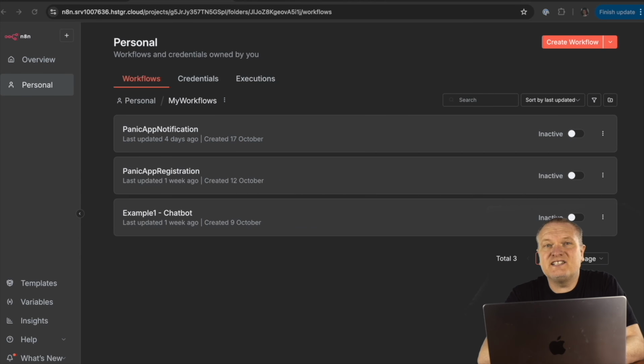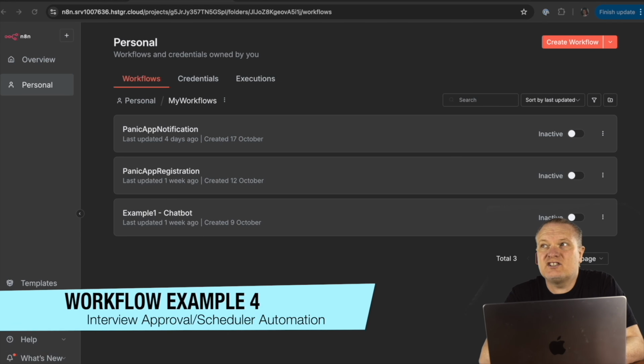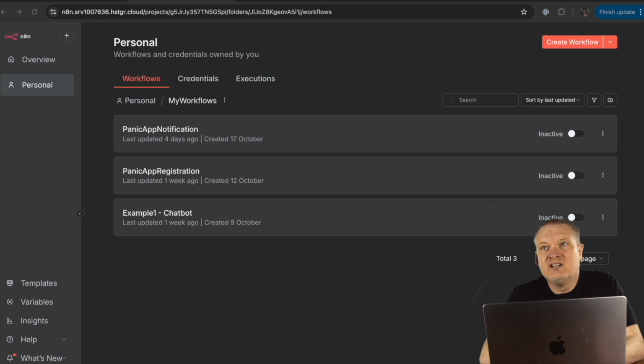Excellent. Right, so in this example, we are going to automate the scheduling of first round interviews for a job advertising for a senior C# developer. So how this works is the applicant's CV or resume is put into a designated Google Drive folder. Our workflow loops through each of the CVs, so each of the PDF files. A summary of the most important points are extracted from the CV and sent via an email to the person